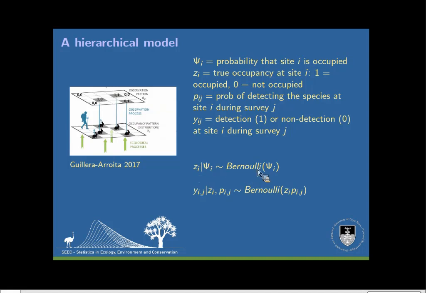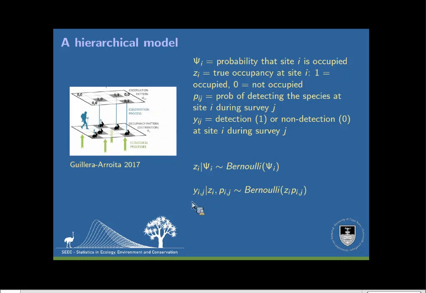And that follows a Bernoulli distribution. So Bernoulli distribution is just a coin flip with a probability phi. So phi is the occupancy probability, which can vary across sites. And then, that's not directly observed, but what we observe are the y's, so that's 1, 0 also,